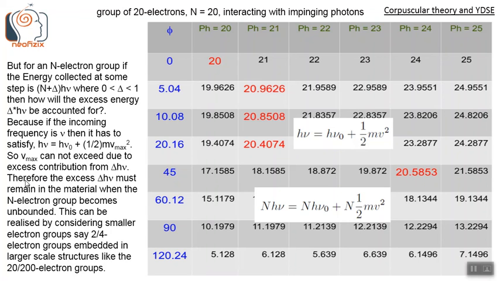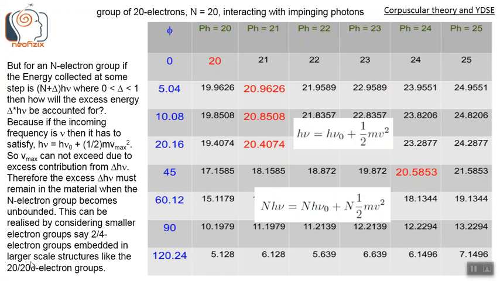Since this cannot be, this excess delta h nu cannot be given to these electrons going off in the photoelectric effect. This excess delta h nu must remain in the material when the n electron group becomes unbounded. So even when the n electron group becomes unbounded, this remainder energy 0.8508 must remain within the material. This can be realized by considering smaller electron groups, say of size 2 or 4 electrons, embedded in